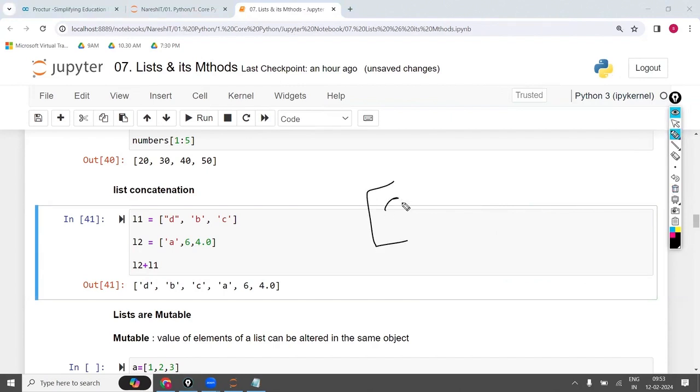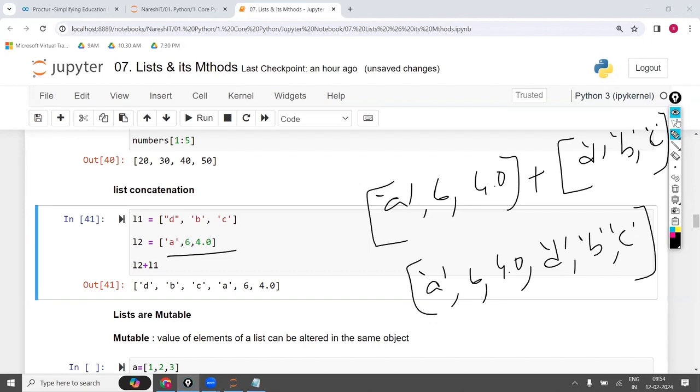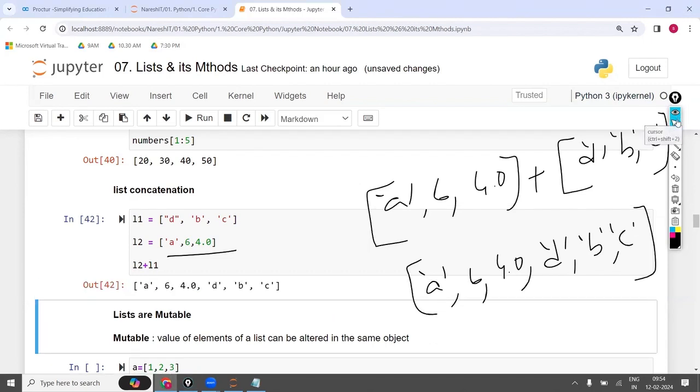First it will take A, 6, 4.0, followed by D, B and C. Now it combines these two into one. So when it combines A, 6, 4.0, D, B and C, you get this output.